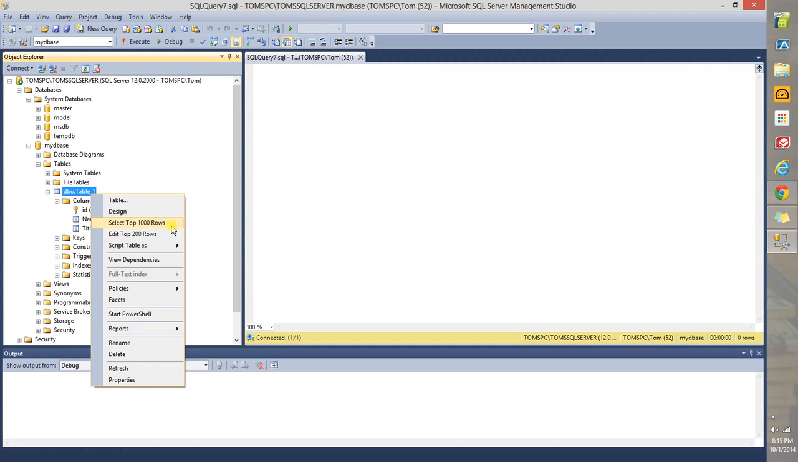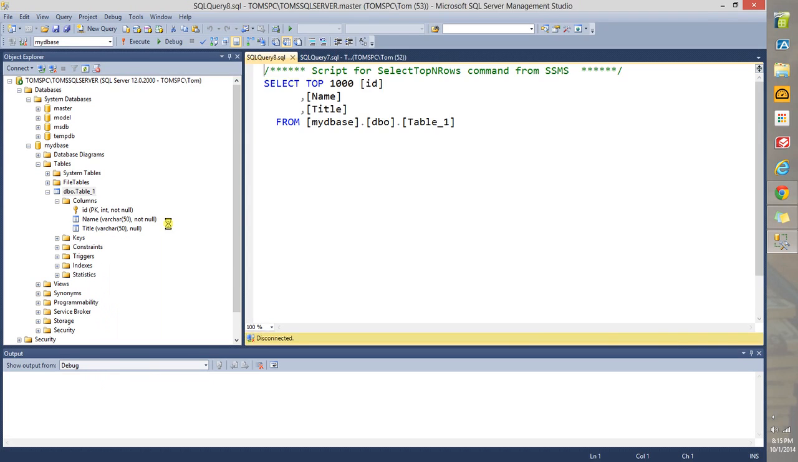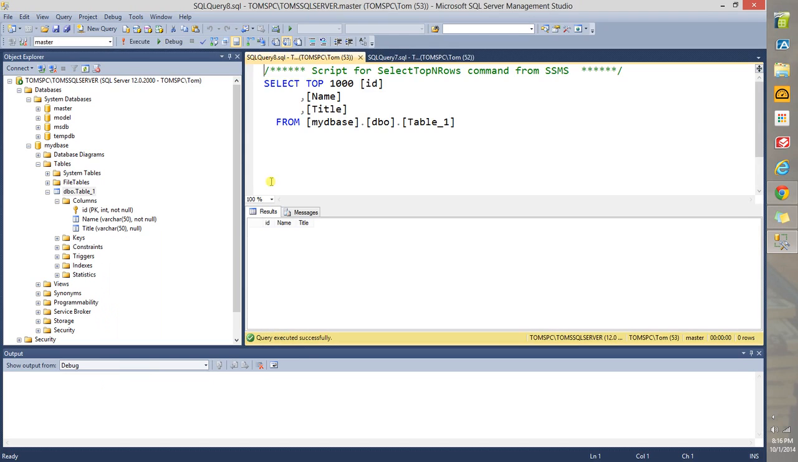Next we have select top 1000 rows. If you hit that, it generates code for us. This is an SQL query. Okay? And it says select top 1000, ID is a column, name is a column, and title is a column from